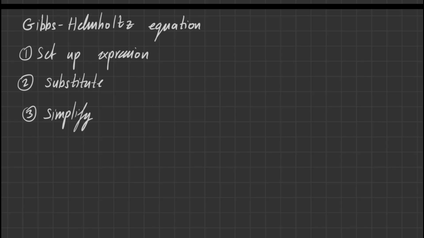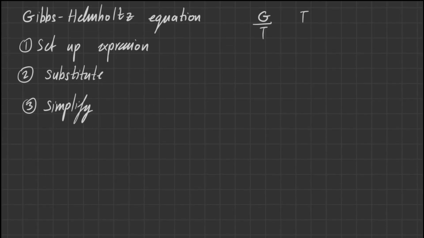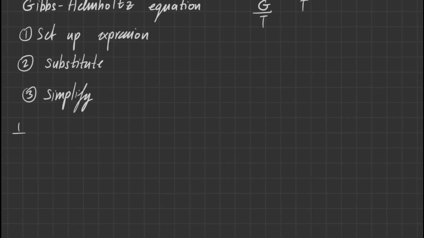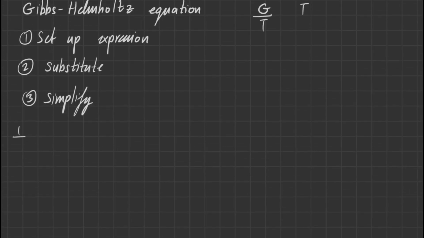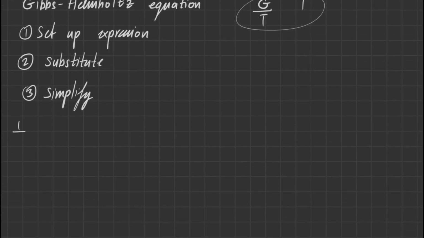Okay, so this is the derivation for the Gibbs Helmholtz equation, which essentially relates the ratio of the Gibbs free energy over temperature with temperature. So for the first step, we want to set up the expression. Because we want to relate these two, we get the partial derivative of G over T